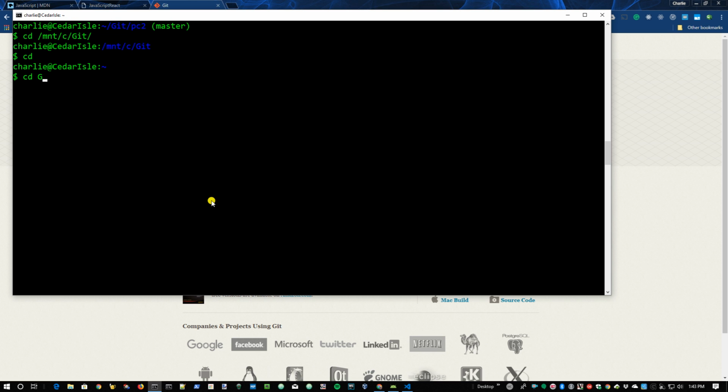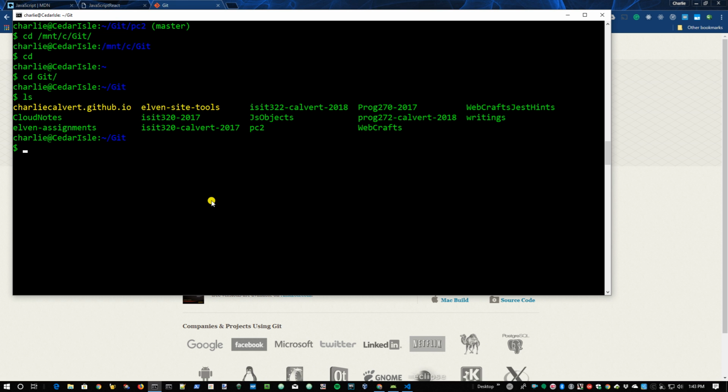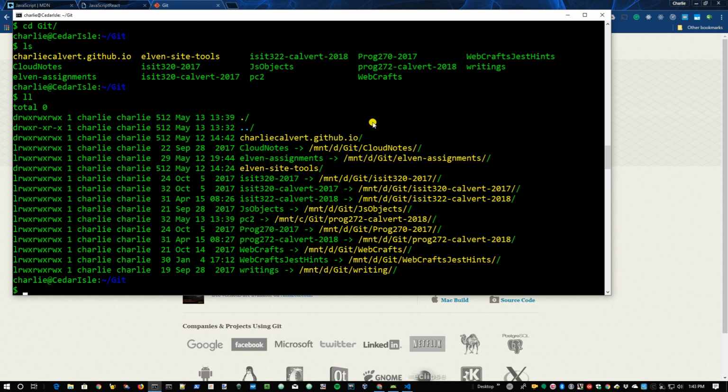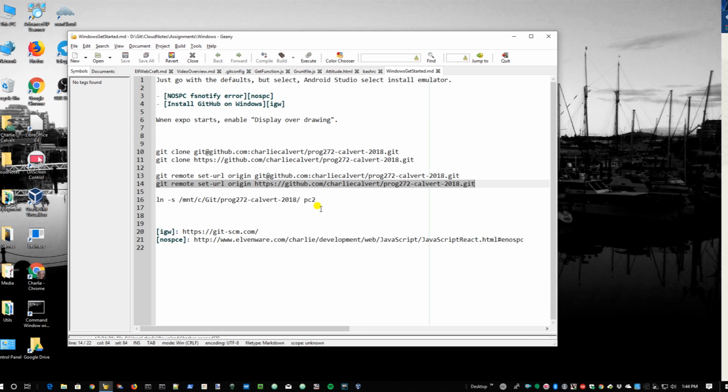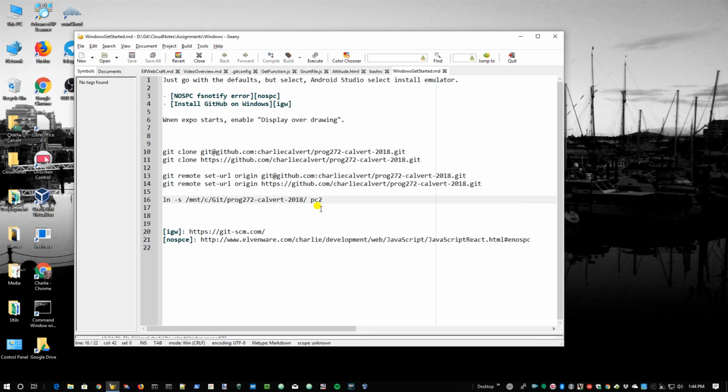So I go back here, I go here to Git, and now my problem is that I don't have a link to that version. I've got my normal link here, which is actually on my D drive, to my Prog 272 repository. But I want the one we just downloaded on the C drive because I'm trying to show you something, right? I'm trying to explain what you need to do on your end. So I'll go back to my cheat sheet here and let's set up a link